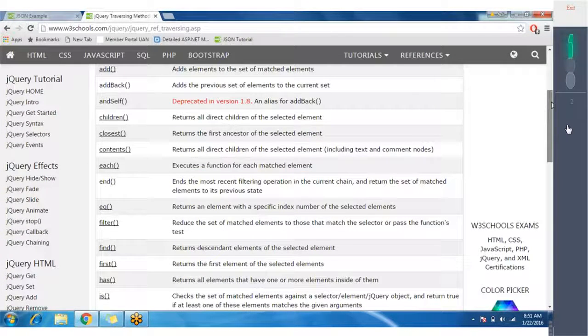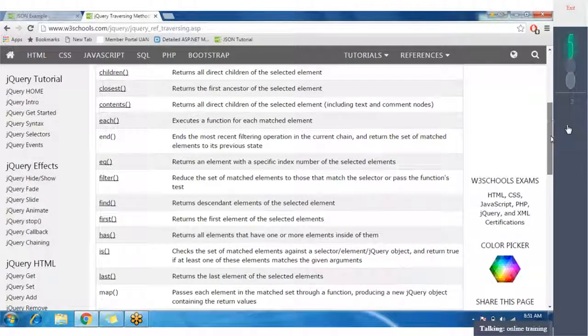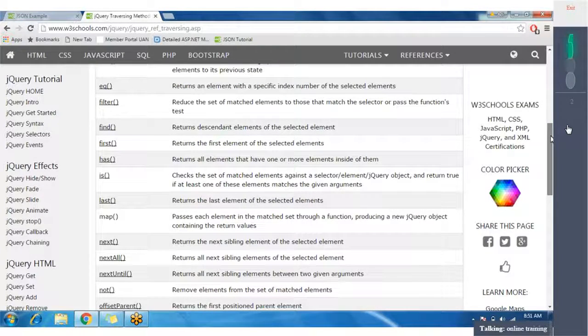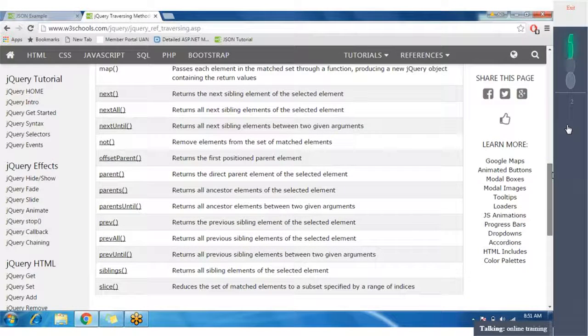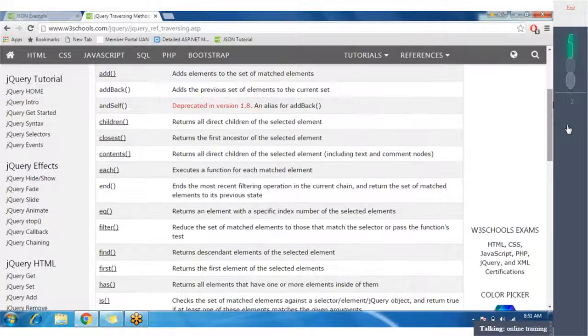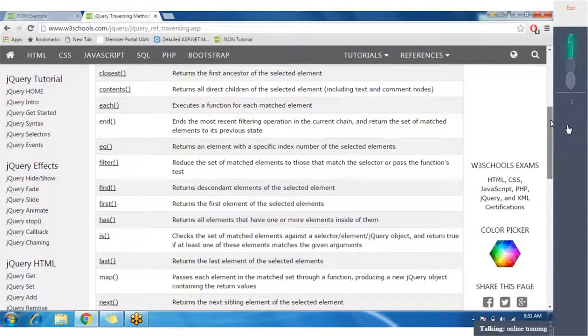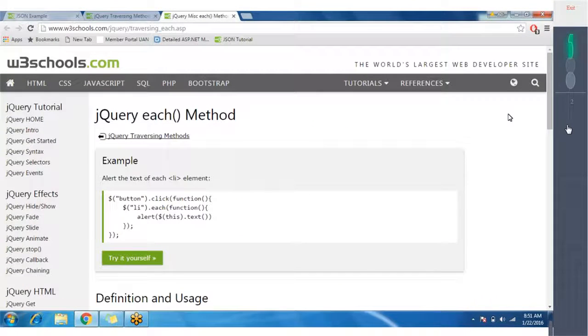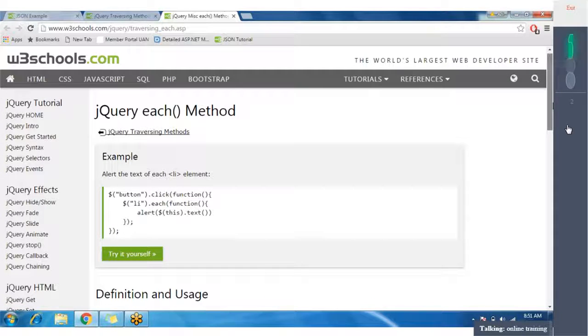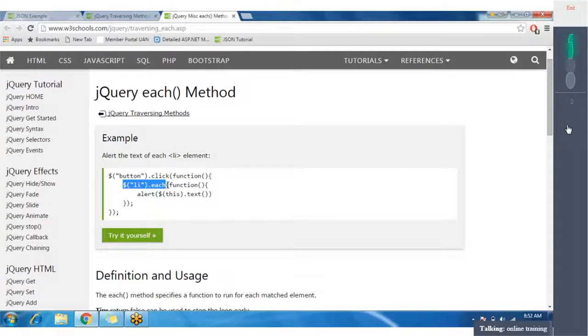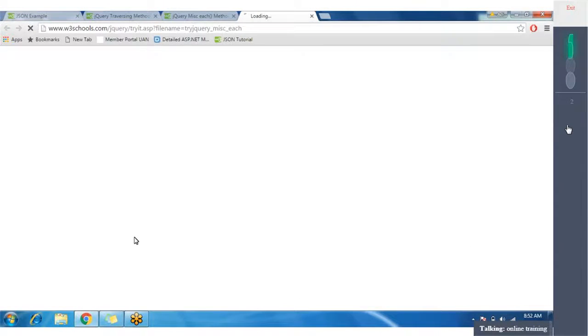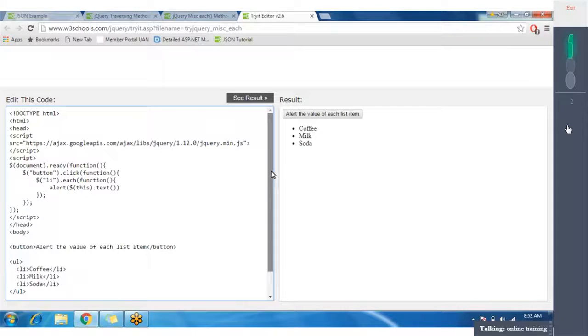Parent, child, all these we have discussed. Siblings, selectors. There is one other method which I wanted to tell you, which is the each method. If you have heard about the forEach method, then on the same lines we have the each method in jQuery, so we can iterate through the collection with the help of the each method. So you can see that I have a ul, and then inside I have some list.